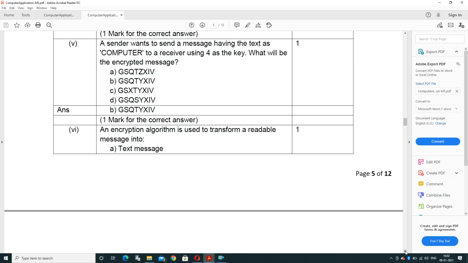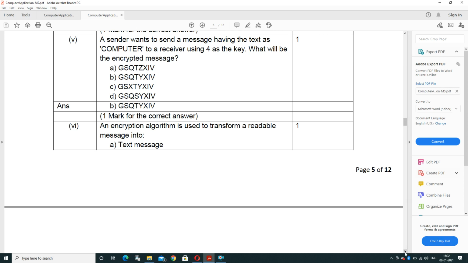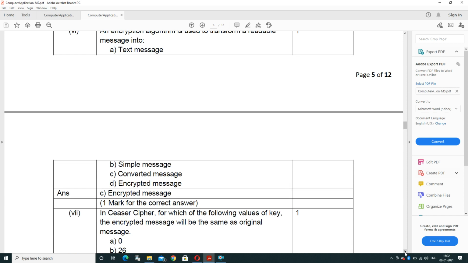It means we will move 4 characters forward and check which answer is fine. It is an encryption technique.